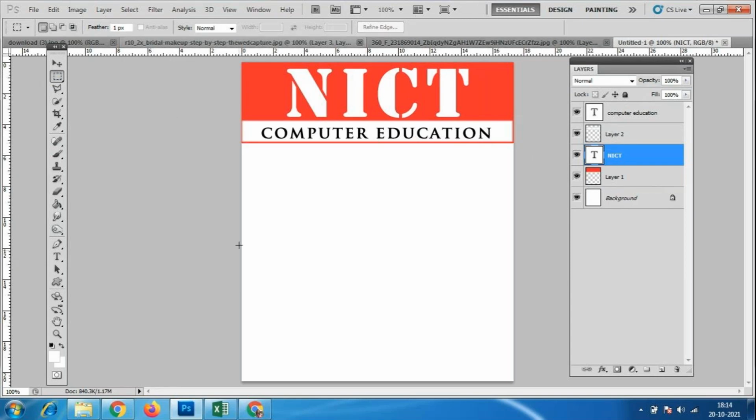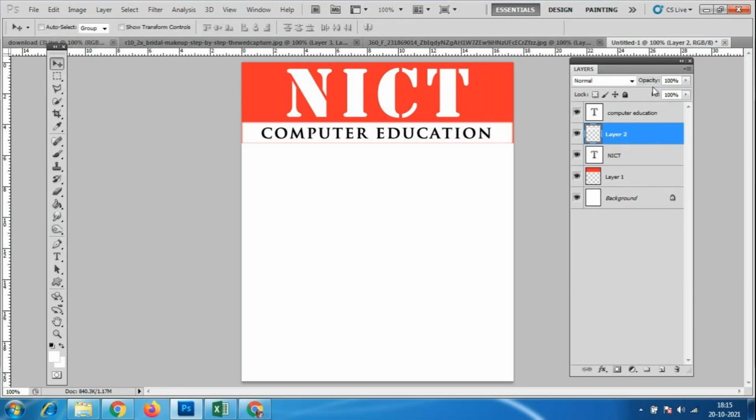Like this, we add the box, we can apply the gradient, everything we can do with this text tool. We have to select this layer 2, and any changes we want to do, look here, make it like this. We can move it with the move tool.